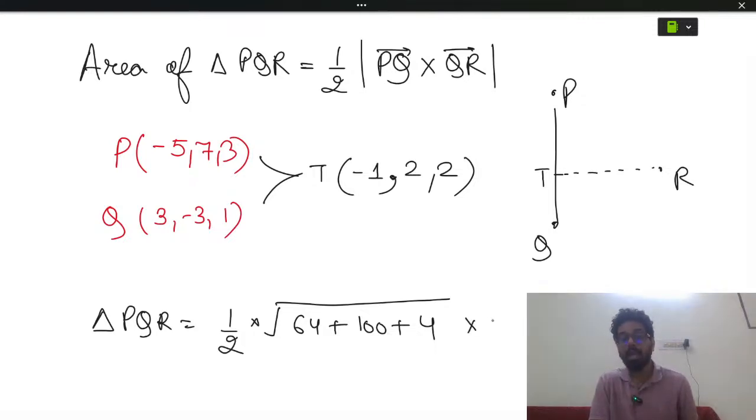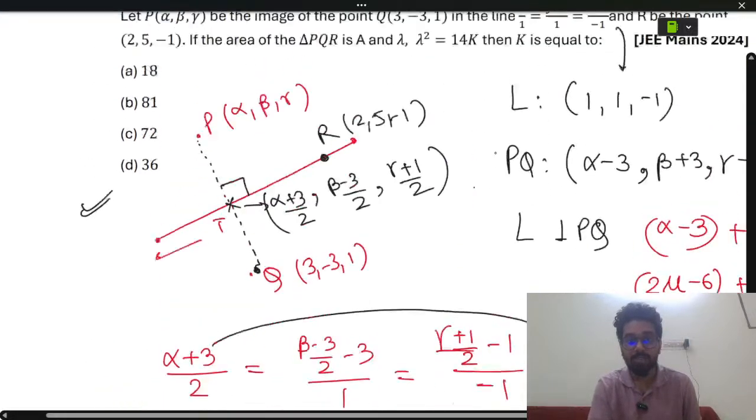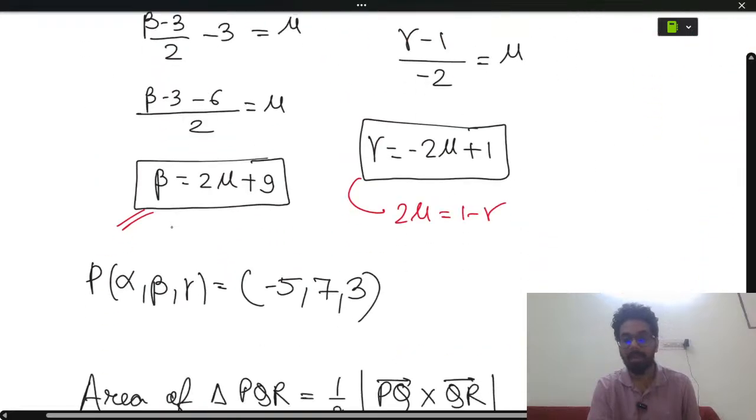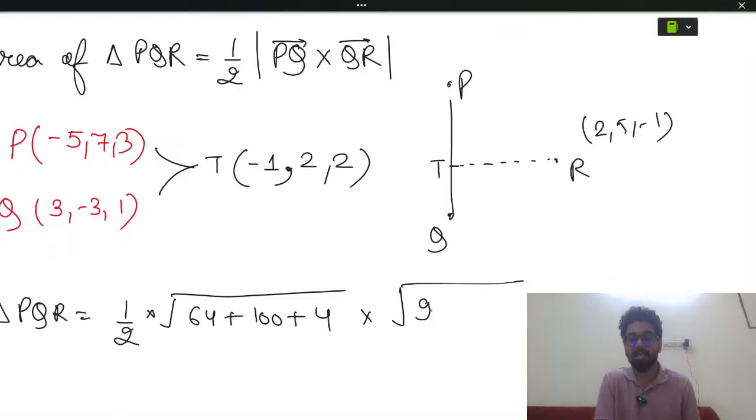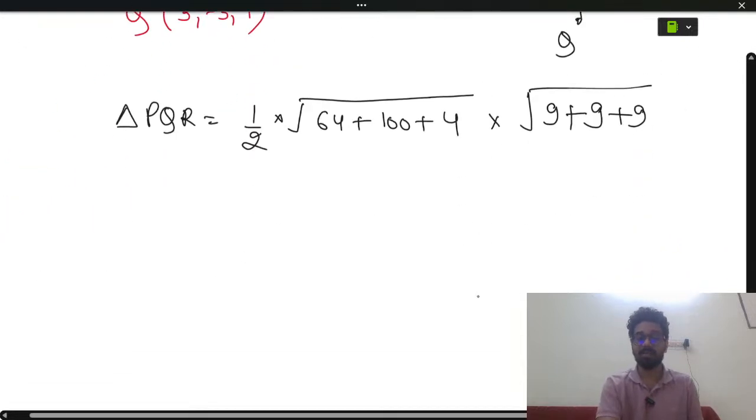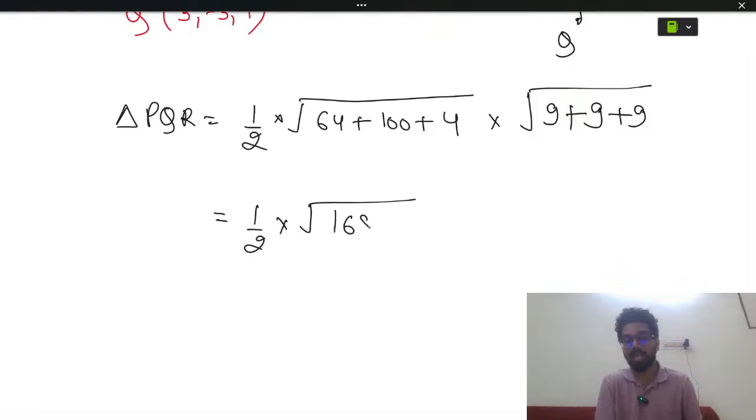Okay, multiply. What is RT? Same formula. What is R? R they have given as 2, 5, -1, right? Here it is given 2, 5, -1. So now you know T, now you know R. So what is RT? 2 minus (-1) is 3, 3 squared is 9. Plus 5 minus 2 is 3, 3 squared is 9. -1 minus 2 is again -3, -3 squared again is 9. This is our answer. So this came out to be 1 by 2 root of 168 multiplied